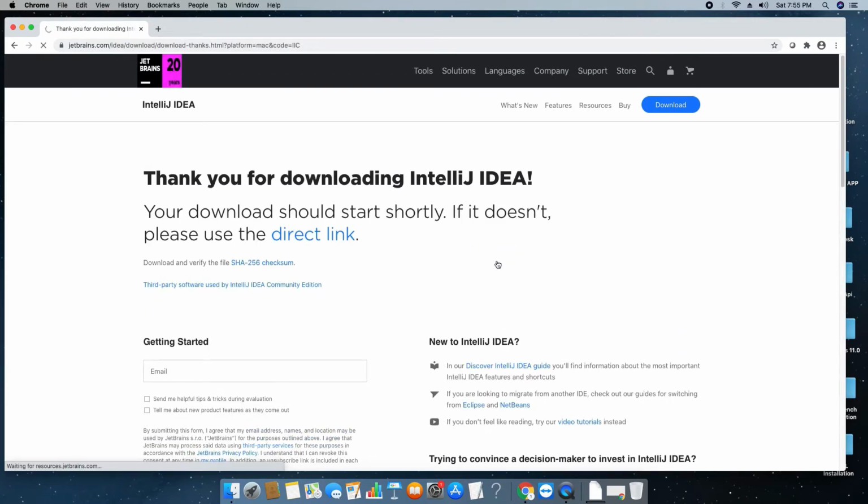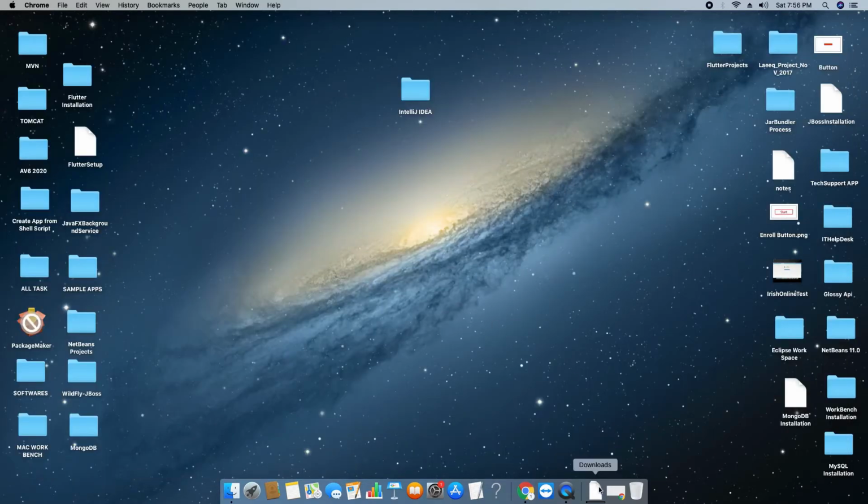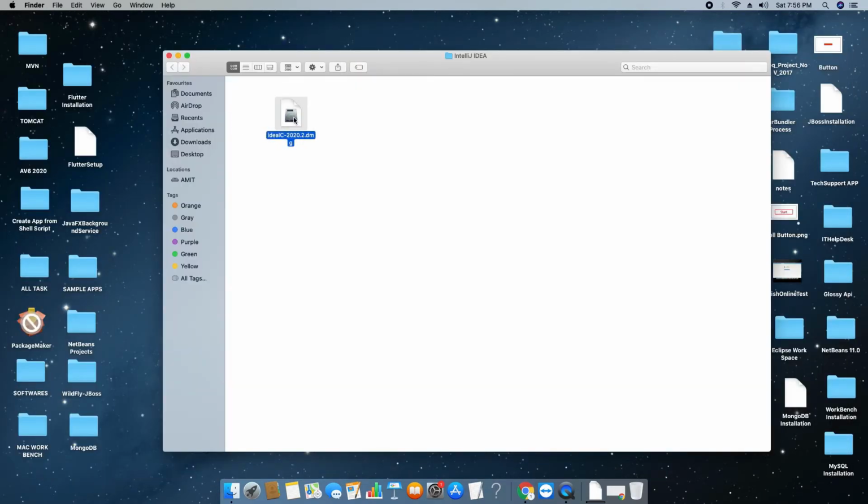Click on this download button and your download will start within 3 to 4 seconds. This package is also big and will take time. If you have fast internet, then you can get it soon. Okay, I have already downloaded it and placed it here in a separate folder.